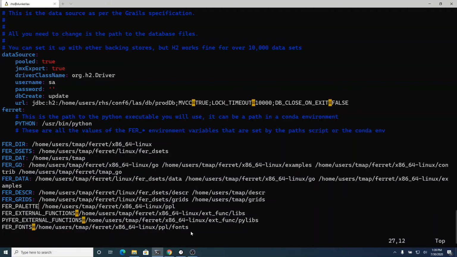So whatever your favorite editor is, you can charge through these, get these set up.